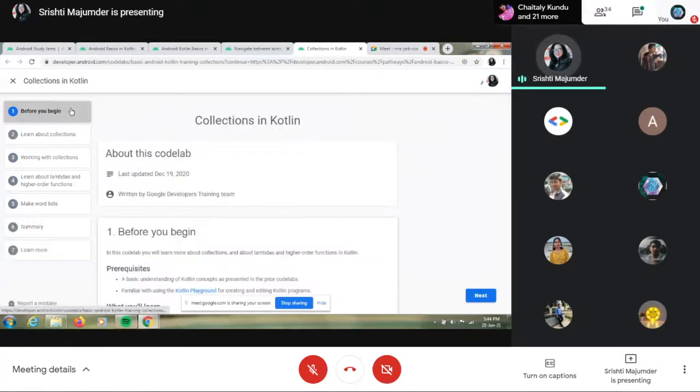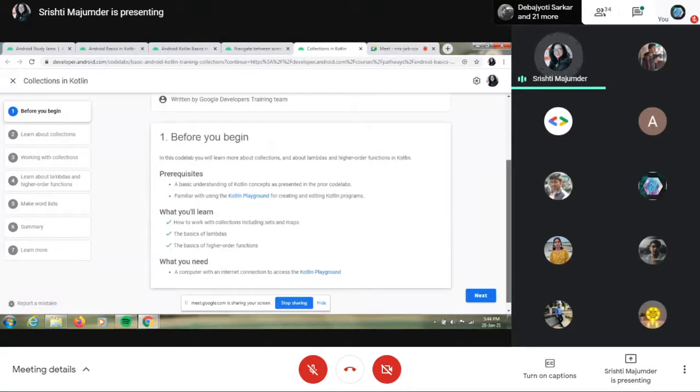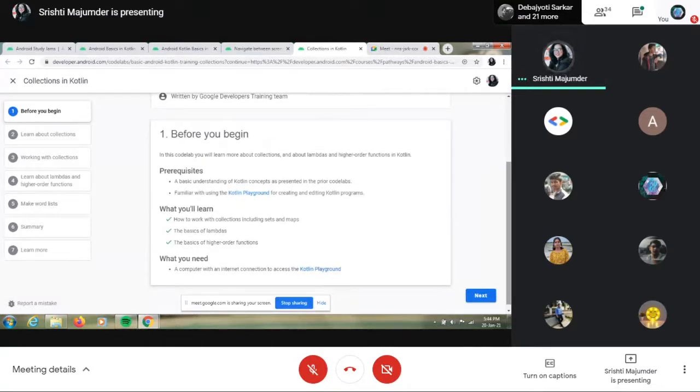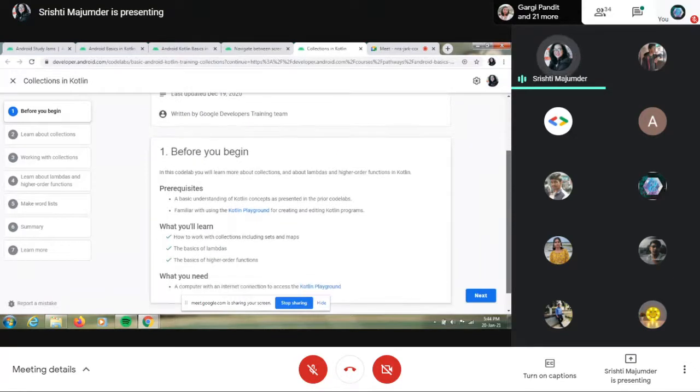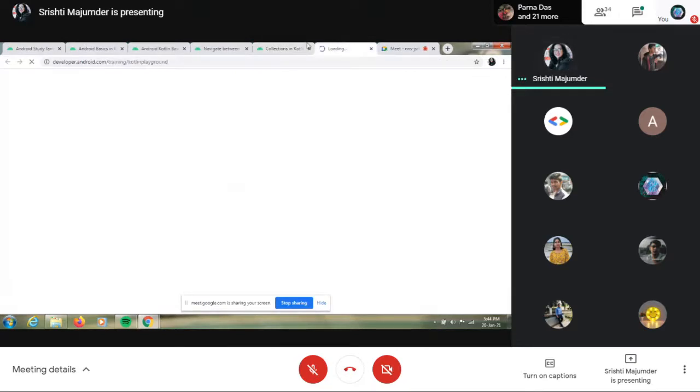Okay, so before you begin, let me tell you what you are going to do. In this pathway, I'm going to simply teach you the basics. So this is the first track you can see, and this first track is very easy. It's completely about writing some code in Kotlin only. For this, you just need a basic understanding that you have learned earlier in Unit 1 and Unit 2 about classes, objects, how to declare a variable, and for loops. And the second thing is that you need to open the Kotlin playground in your web browser.